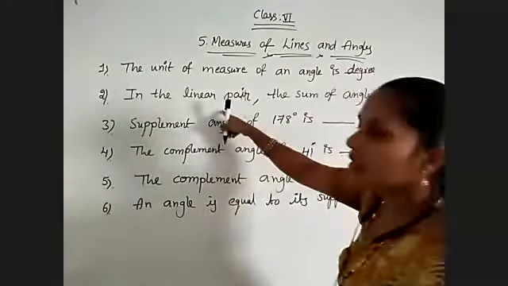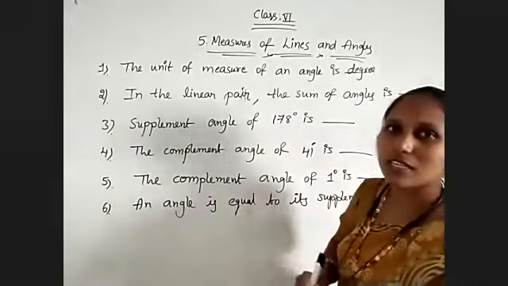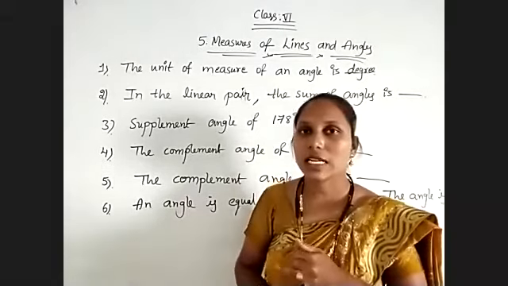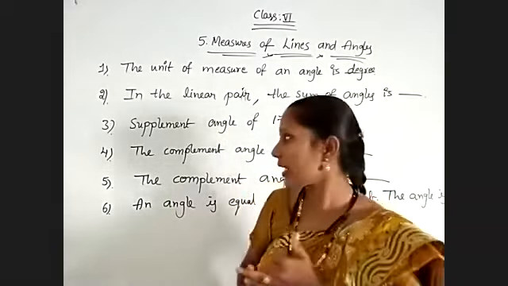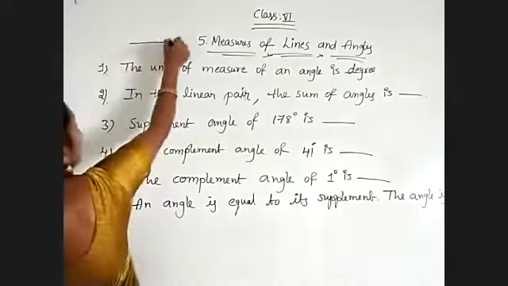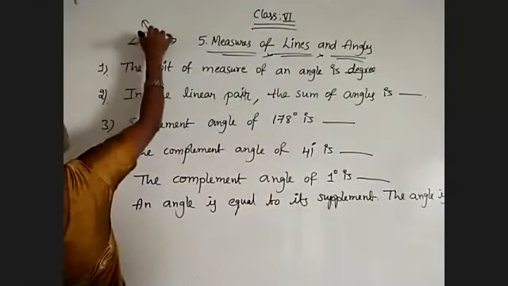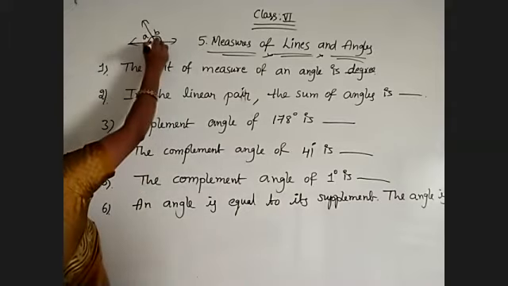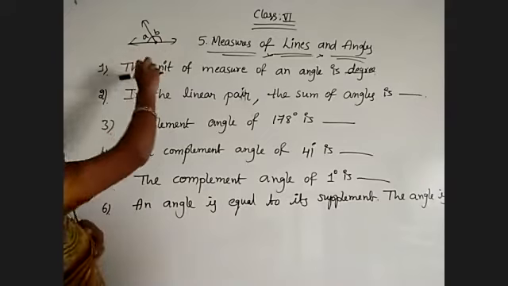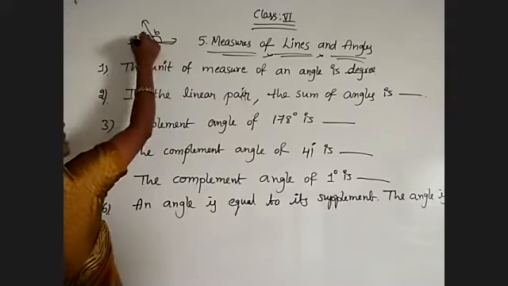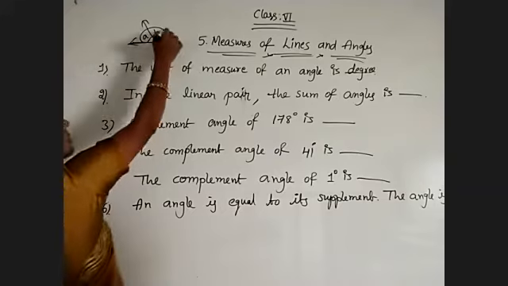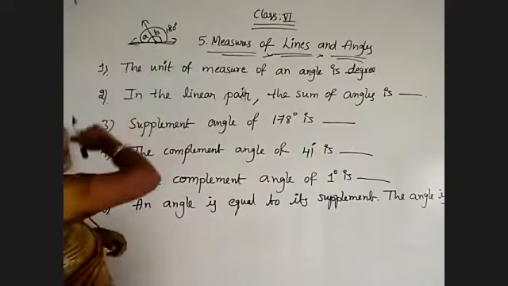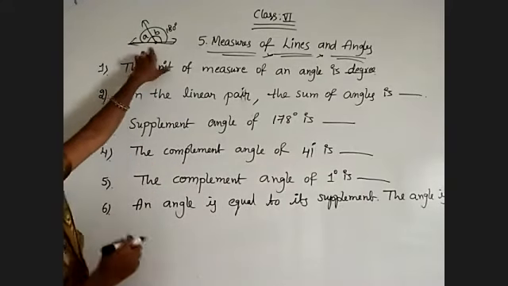Okay. Second, coming to linear pair. Yesterday we discussed linear pair. Linear pair means they must be adjacent and the sum of those two angles will be equal to 180 degrees. Now observe here. A and B are two angles. They are adjacent angles, having a common vertex and a common arm. And because we know that on a straight line the sum of the angles is equal to 180 degrees, yes or no? So A plus B is equal to 180. Such angles are said to be a linear pair.